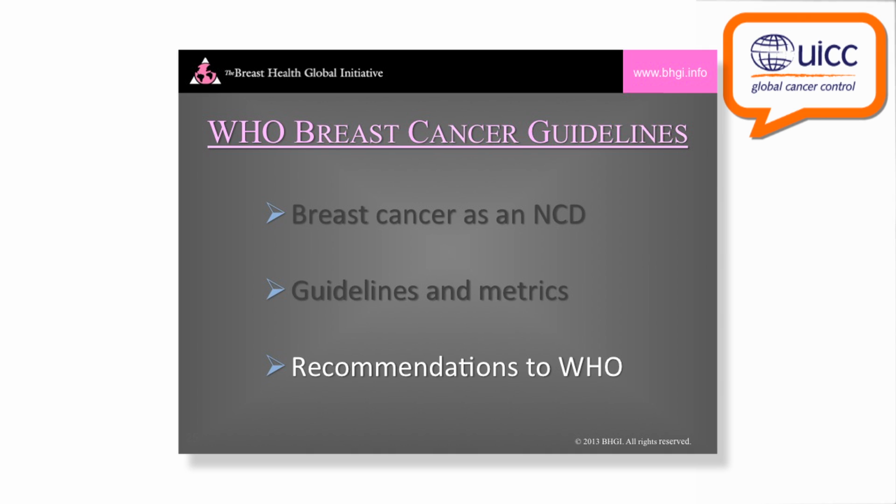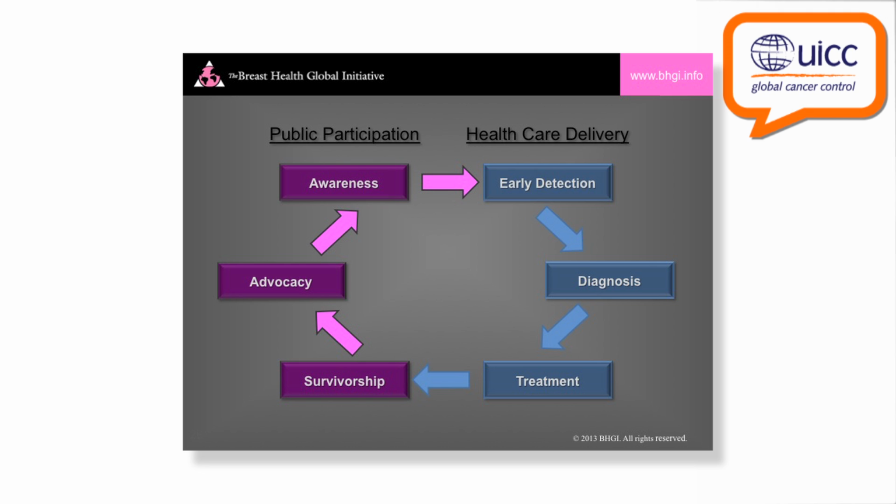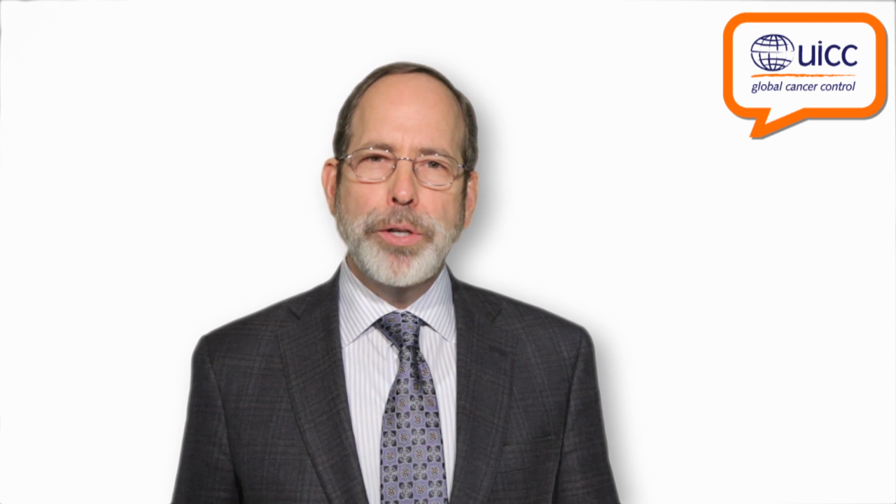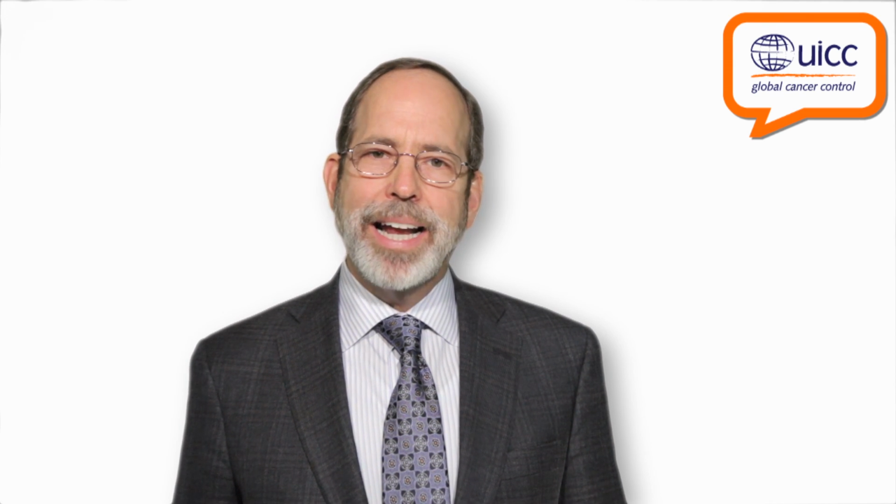So overall, in terms of recommendations to the World Health Organization, we clearly have to think through our processes from a systematic approach. We, on the healthcare side, think of early detection, diagnosis, and treatment as the processes that we can influence. But actually, we need public participation as well. We need to produce survivors, because in many countries, it's believed that cancer is invariably fatal. These survivors organize into groups where they can advocate